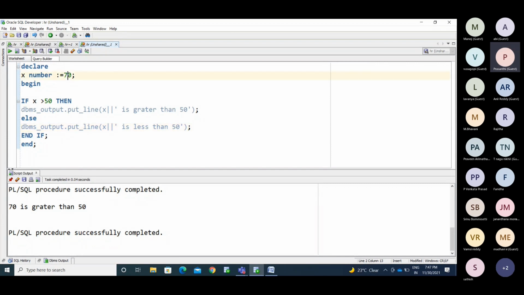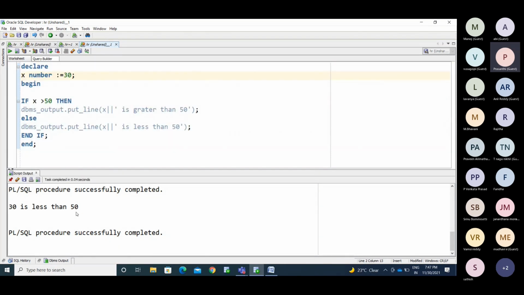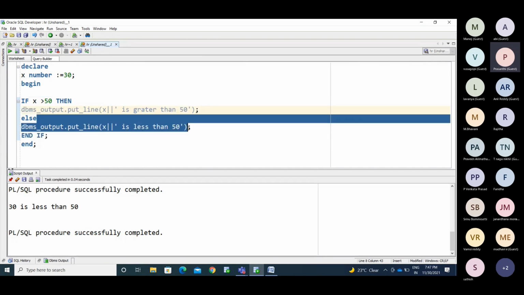Pass 30: 30 is less than 50. Got it? So if you want to put two conditions: if the condition is satisfied, meaning true, then perform this action. If the condition is unsatisfied, go for the other condition. So this is getting satisfied here.